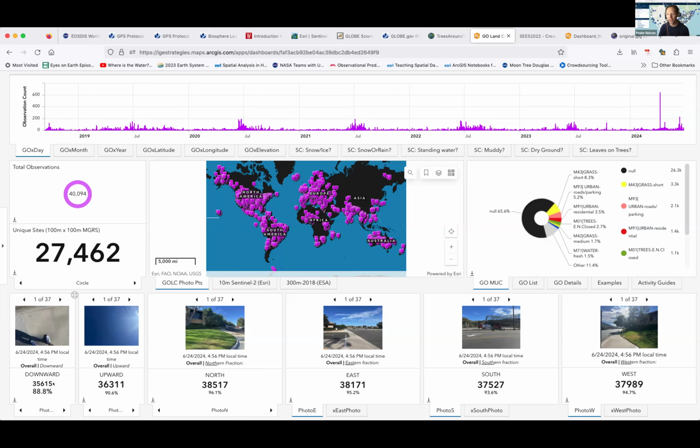So when we look through all of the 40,000 submitted observations, only 88% of them have a value in the down direction. In the up direction, only 90% of the points have that photo associated. Again, north is the one that everybody seems to be doing pretty good at, and we're not getting rejections, right?